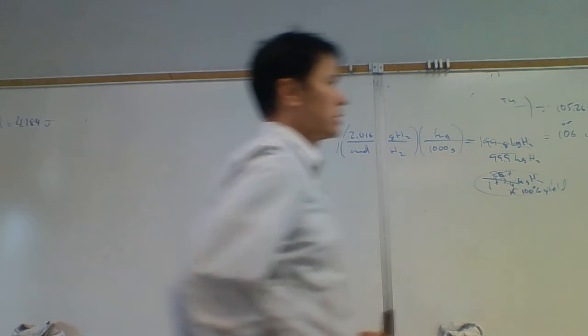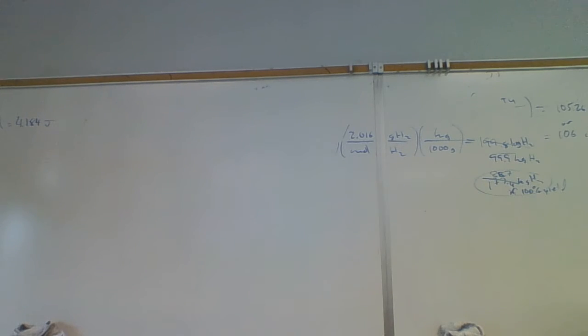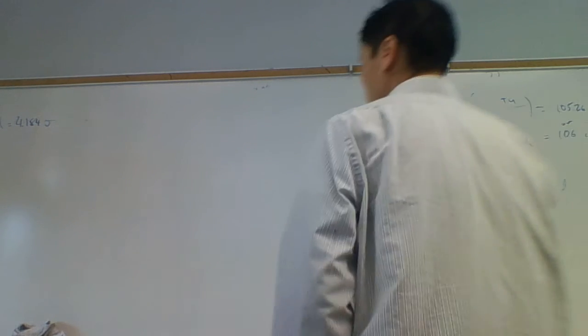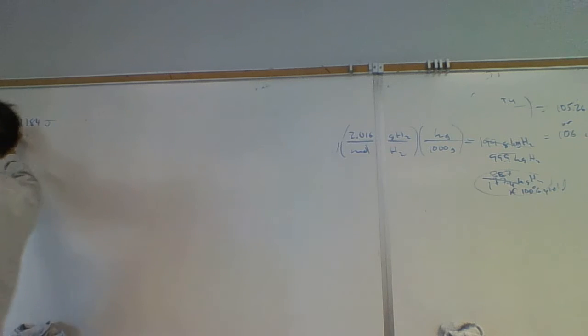So let's take a look at the problem. This is practice exercise 10.12. A 1 ounce serving of almonds is 1.6 times 10 squared, capital C, food calories. Express this in joules and kilojoules. So this is the only conversion factor I remember here. Oh, actually one more, because we need the food calorie. So 1.6 times 10 squared,